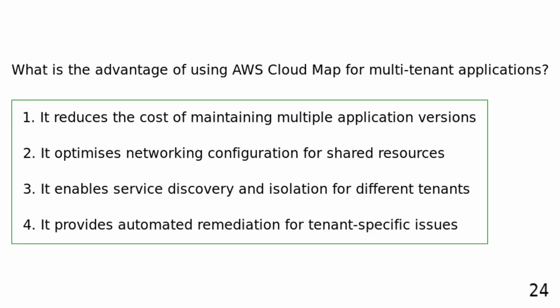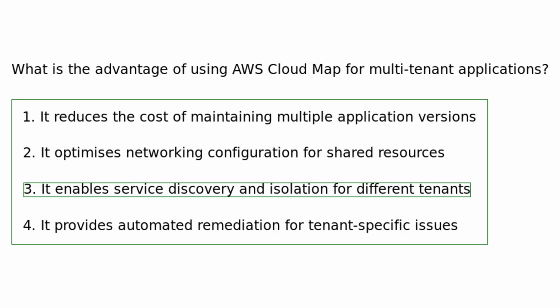What is the advantage of using AWS Cloud Map for multi-tenant applications? It reduces the cost of maintaining multiple application versions. It optimizes networking configuration for shared resources. It enables service discovery and isolation for different tenants. It provides automated remediation for tenant-specific issues. AWS Cloud Map provides service discovery and isolation for different tenants within multi-tenant applications, ensuring efficient communication and management of